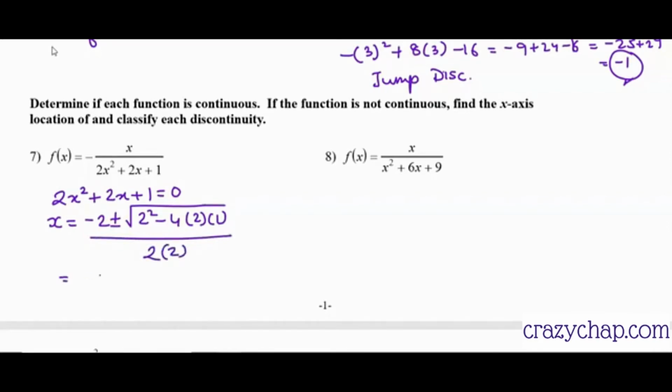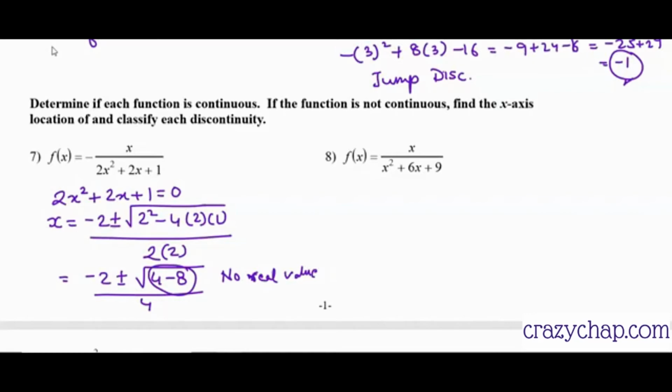So we'll just solve it. Minus 2 plus minus square root of 4 minus 8, divided by 4. Now guys, please understand, in the square root you see it is 4 minus 8, which is a negative result. It means it will not give any real value, right? So there is no real value of x which can make this denominator 0. It means that there is no value of x which will make the denominator 0.